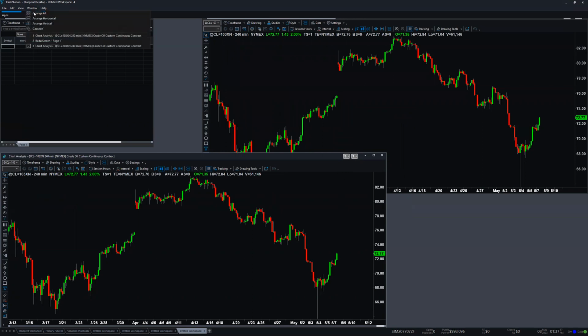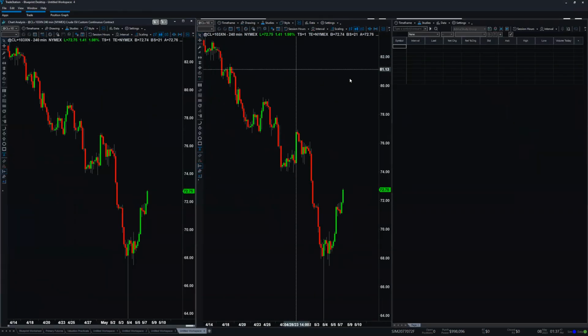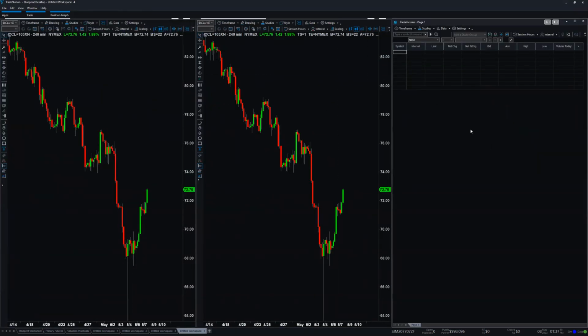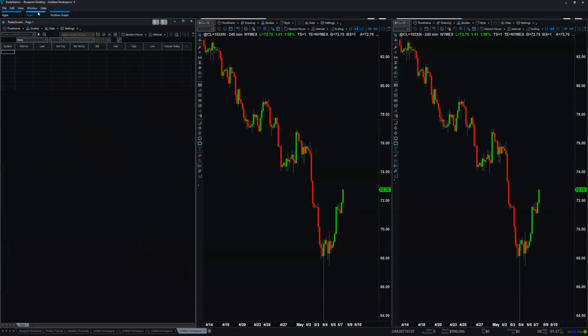There's an easy arrange all function right there. You can arrange horizontally under window, arrange vertically. You could cascade them, or you could just arrange them all to see what TradeStation is going to do. That's what TradeStation just did. I don't like it. I want this to be on the first. So I click on it, I go again, arrange all. Now it's moving to the first,